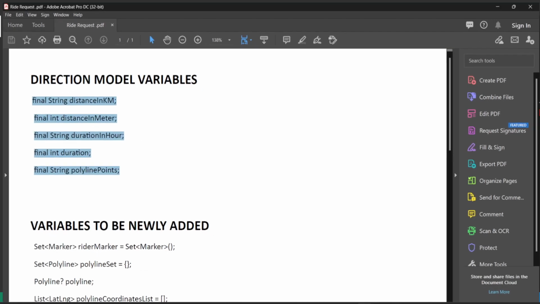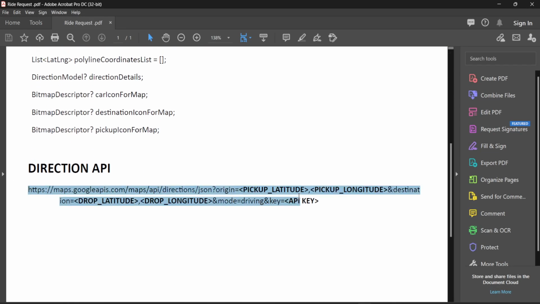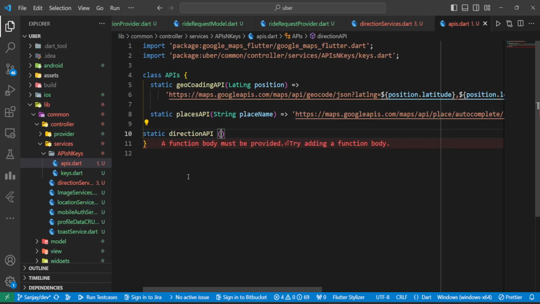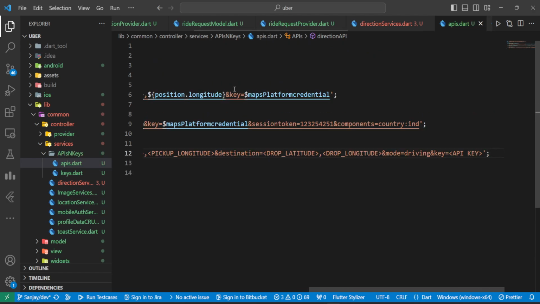Okay, so let's copy that direction API from here. This is going to be our API. We will copy, come up here, paste. Okay,